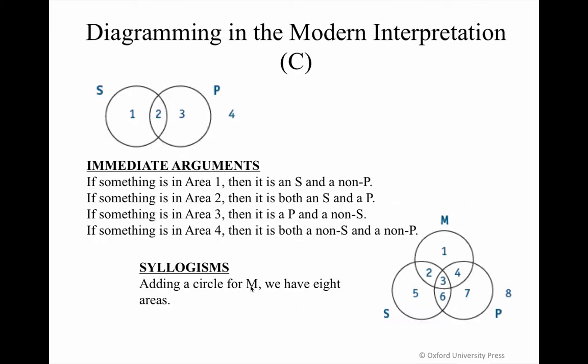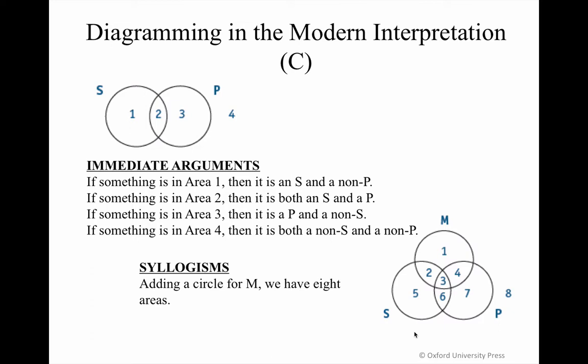Let's start with using Venn diagrams to test an argument for validity on the modern interpretation of the universal. Now remember, when we're dealing with a single categorical proposition, we're dealing with a proposition that relates two classes of thing to each other. In other words, we have two circles, and the diagram, when we complete it, reflects those two circles' relations to each other. Another way to put this is that our Venn diagrams tell us visually what the logical structure of a given